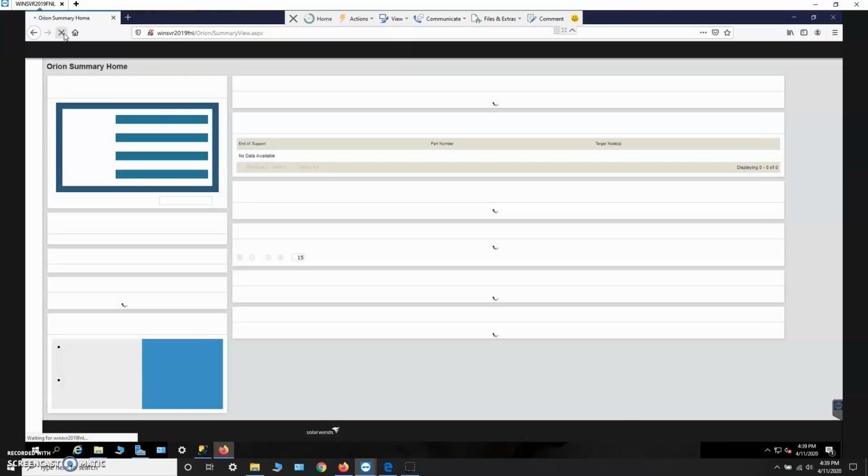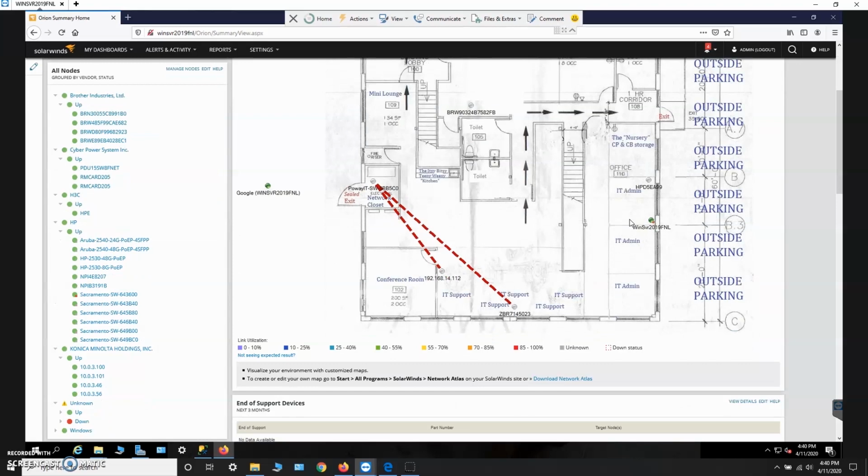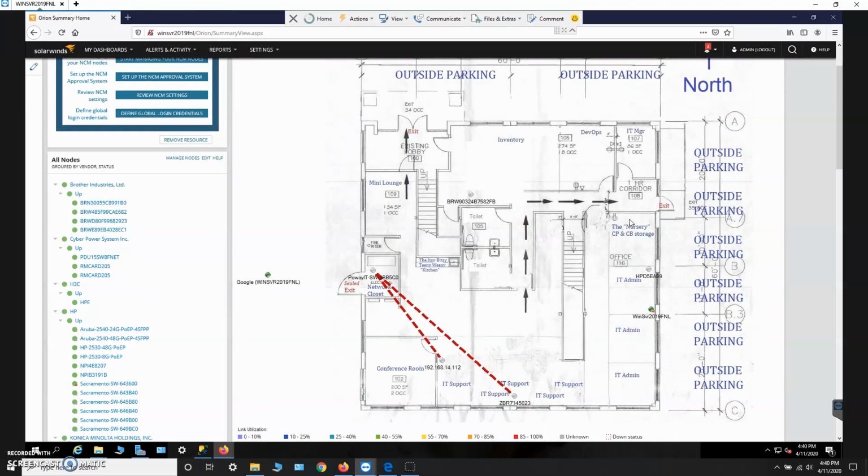Let's see if we can reconnect. We can reconnect. Look at, we're right in here in Sacramento. We can drop in background screens. So if this is just a PDF or a JPEG that I imported for the Poway location, we can put any location in there. I only have Poway right now. All these nodes are actually in Sacramento, so these don't exactly jive. But of course, Google is up.